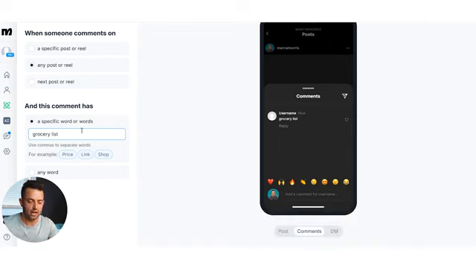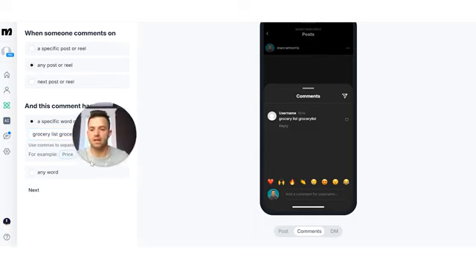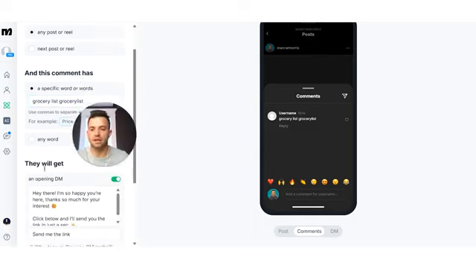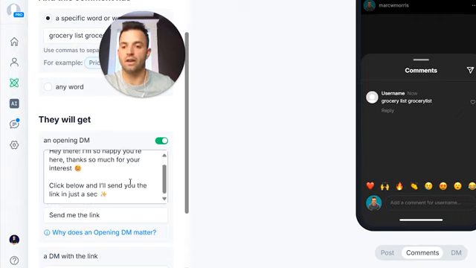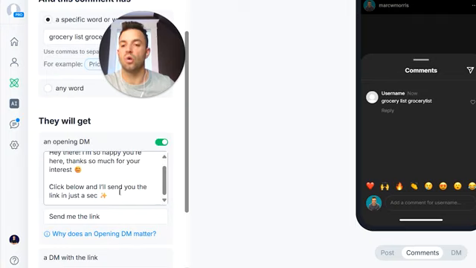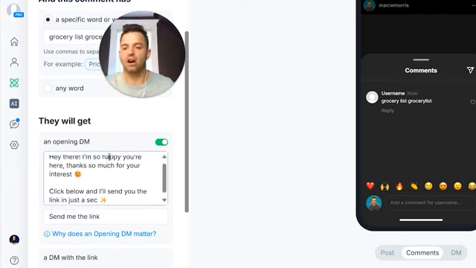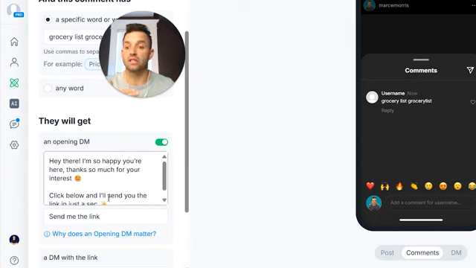And we can also set it up for any iteration of that as well. So if someone types in grocery list like this as well, it'll be the same thing. So we do that, get that set up, hit next. Then they will get an opening DM, and you can customize all of this stuff. So this is what they're going to get: a DM with a link or an actual place to select, send me the link. So if they make that comment, the first thing that is sent over to them is,